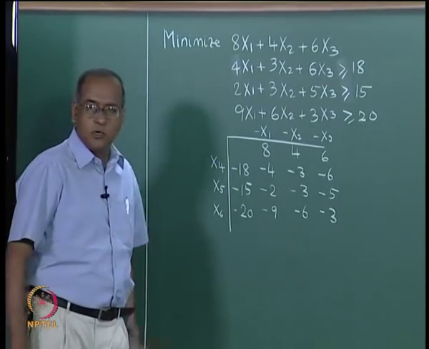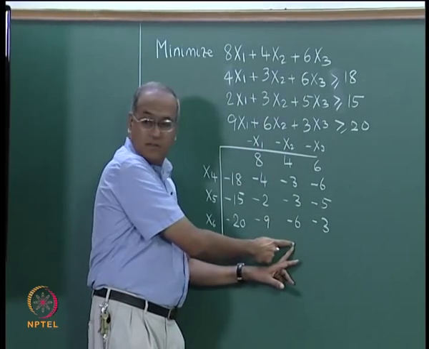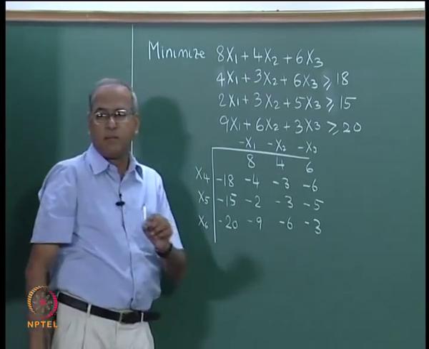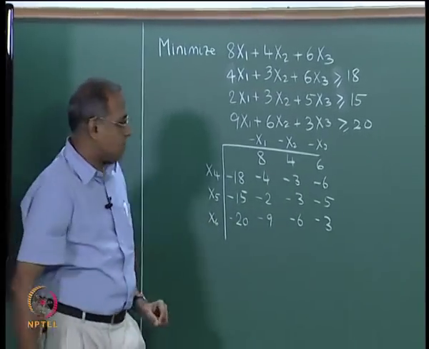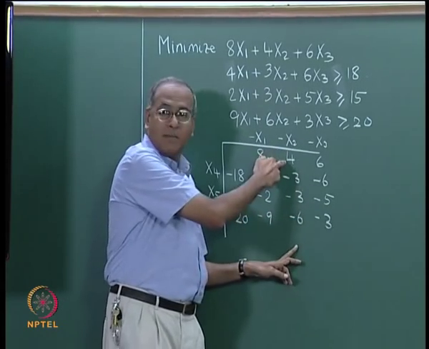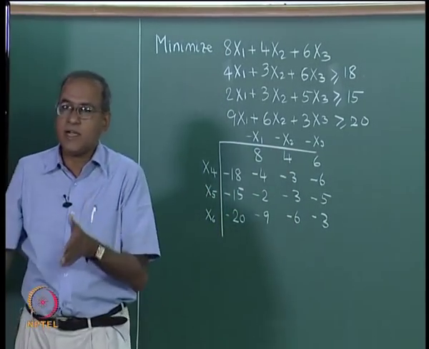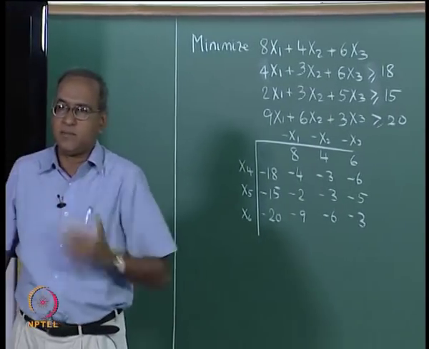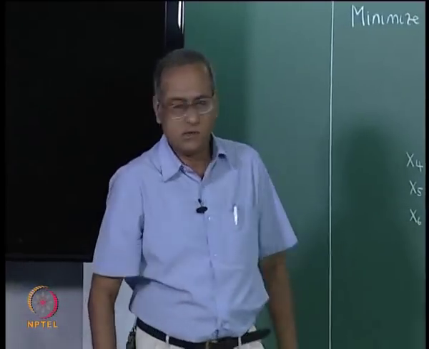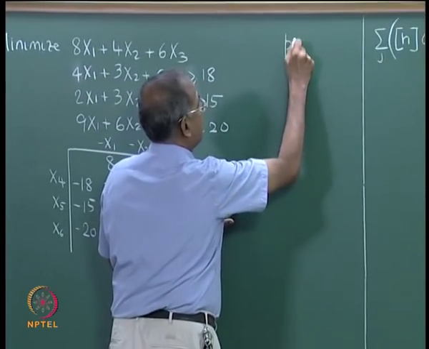Now, in an all integer dual algorithm, if we assume that this is going to be the pivot column, so there will be a minus 1 here, and in the next iteration the corresponding column will be divided by the negative of the pivot. So, if we have a plus 1 here, then the corresponding element in the next iteration will become minus, and if we have a minus 1 here, it will be plus. Since we want to maintain the dual feasibility, we now have to have a pivot which is minus 1 and not plus 1. So, all integer dual algorithm will always have pivot equal to minus 1.